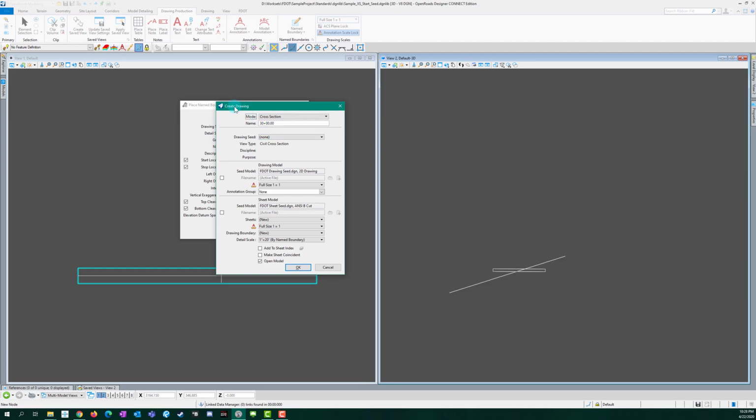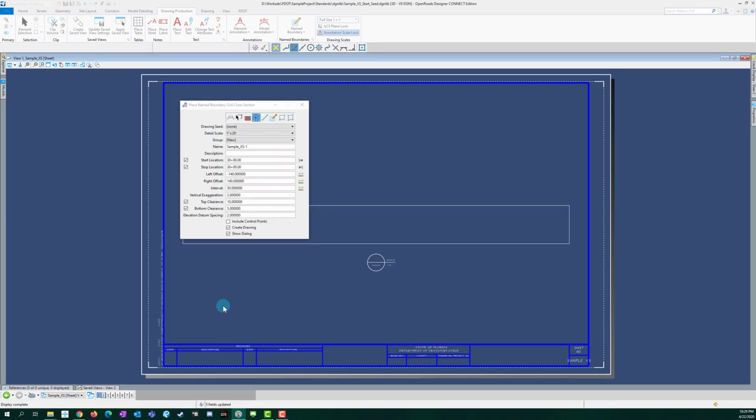and we end up with our create drawing window. So I want to again make sure this is called sample XS. My drawing seed is still nothing, and I want to go to 20, and we're going to do no annotation here, and 20 by name boundary. All of this stuff looks good, so I want to go ahead and make sure I hit open model. We're going to click OK,